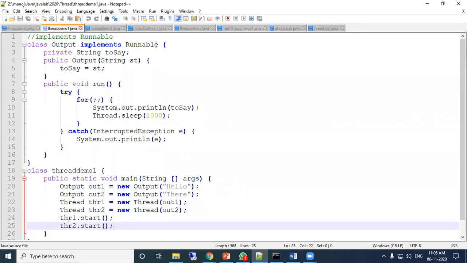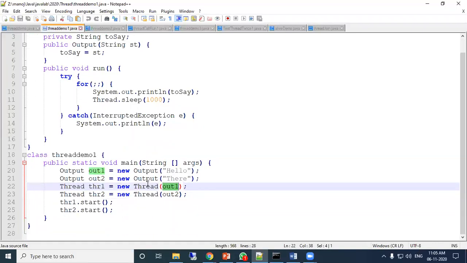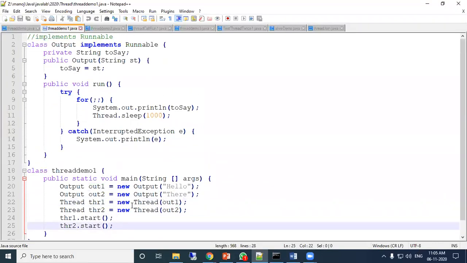And when you want to call it, you need to create a thread class reference, and that reference will be used in the constructor. You pass the object which is created, which is the object of a class that is using the runnable interface. These are the two programs.